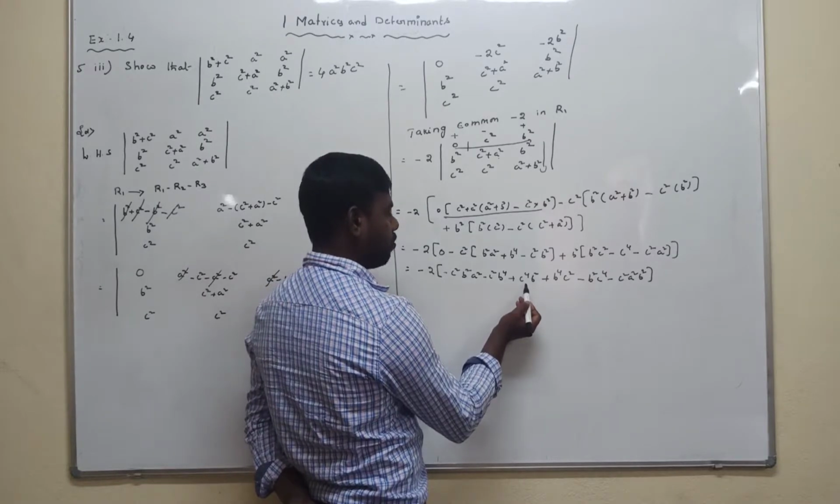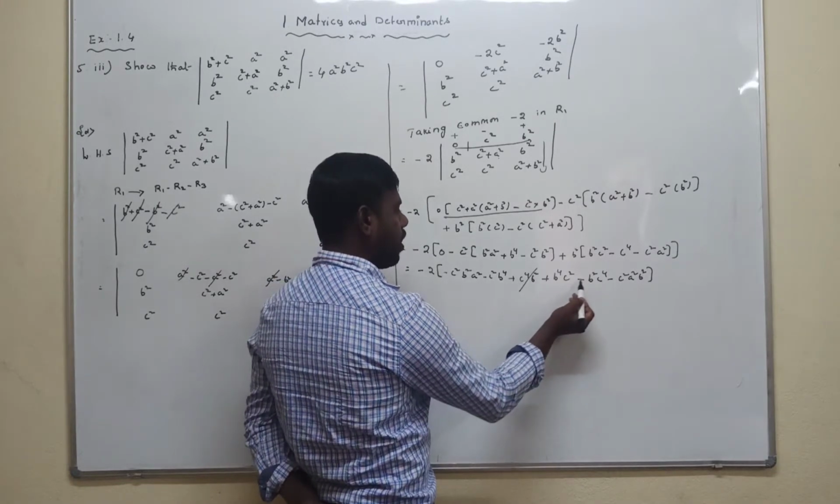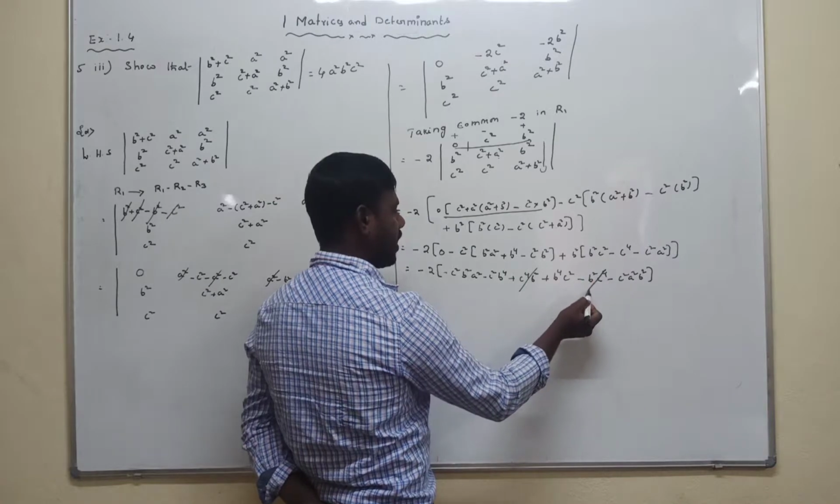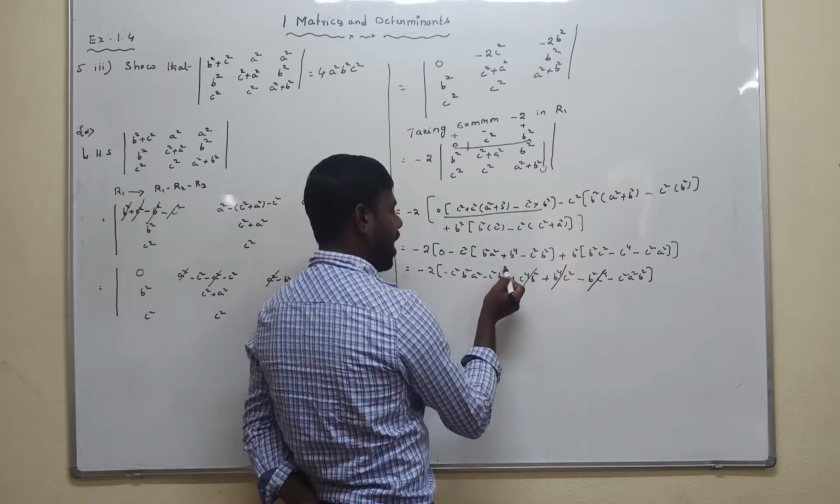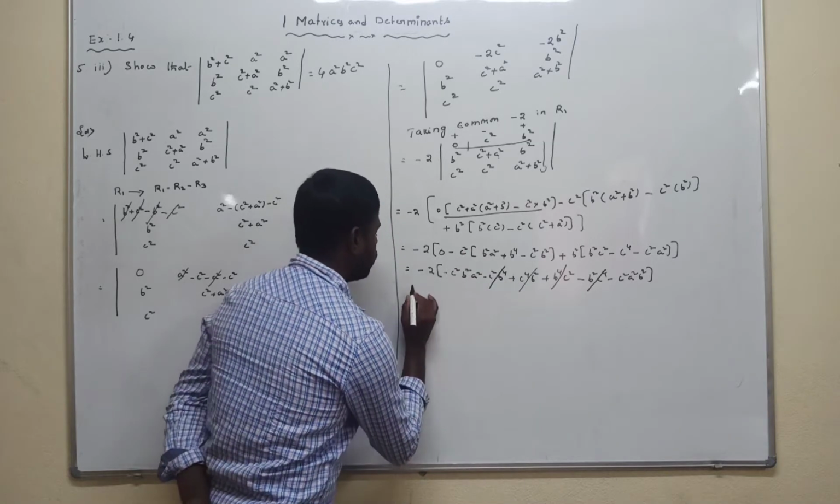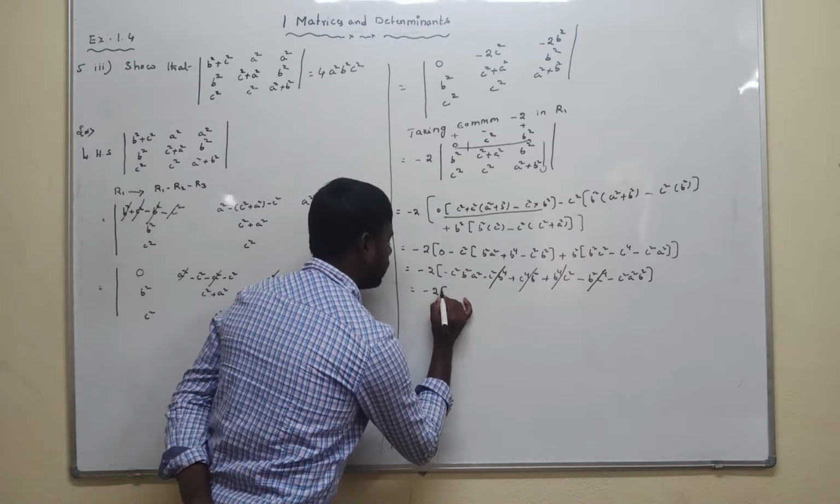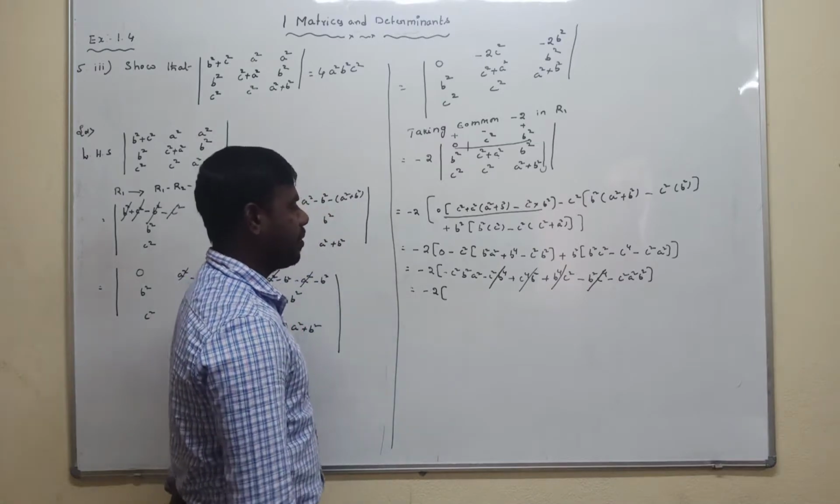c to the power of 4 b square minus c to the power of 4 b square get cancelled. Next, plus b to the power of 4 c square minus b to the power of 4 c square get cancelled. Now the addition of the left of the elements is